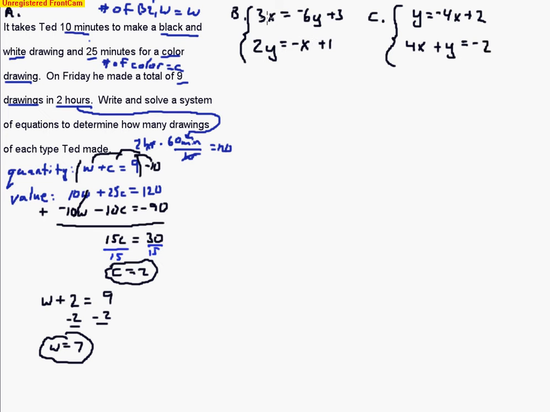So let's go ahead and get rid of this 3, because when we divide by 3, we end up not having to deal with any fractions. So let's rewrite what we've got right down below, and it's going to be x equals negative 2y plus 1. Well, now this problem is set up for substitution. So let's do that. We're going to take this negative 2y plus 1, and I'm going to put it in place of that x